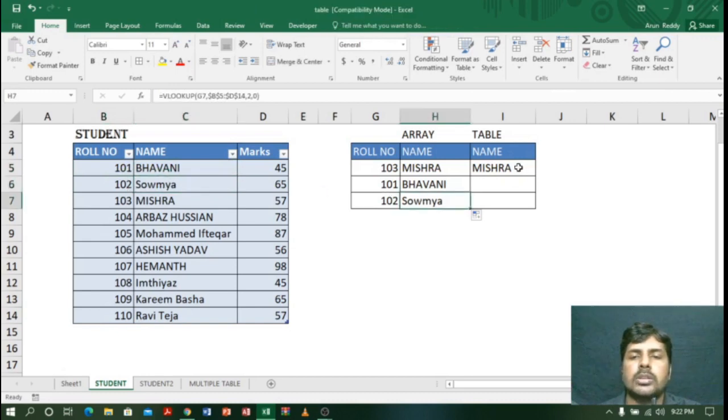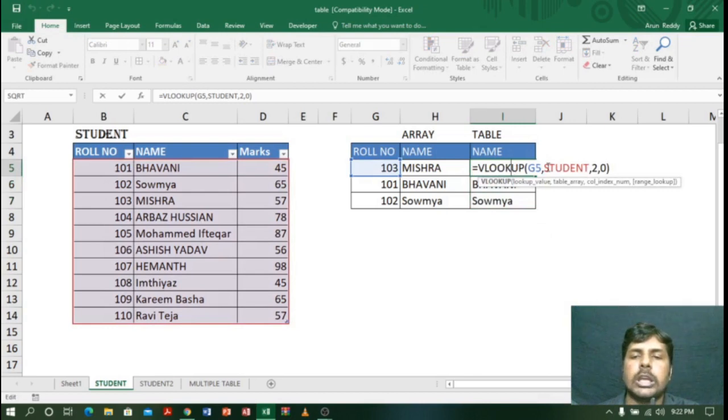Now in the table if I drag directly, see, I got the right answer. Here it doesn't show any error because when we are using the table name, the reference will not change. So we will not have any problem when we are using a table.